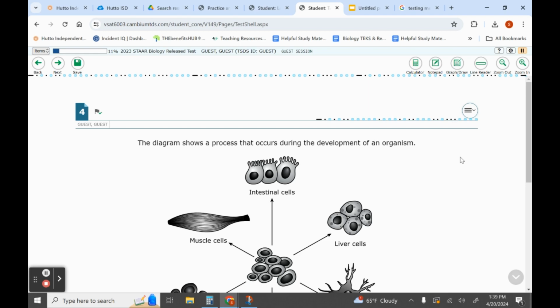So then I know, hey, I need to come back to this question before I submit and look at it one more time. My goal taking tests is to save the harder questions for last. I'm going to knock out all the easy stuff, the things that I know right away that I can answer. I'm going to do those first, and then I'm going to come back to these harder type questions. So we're going